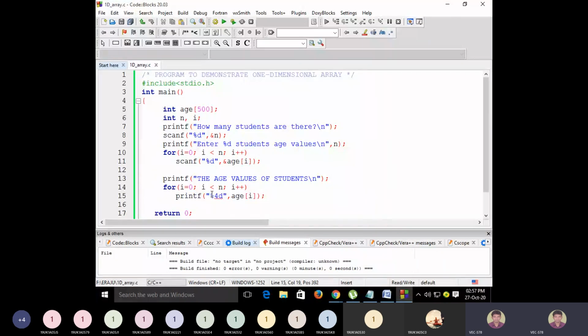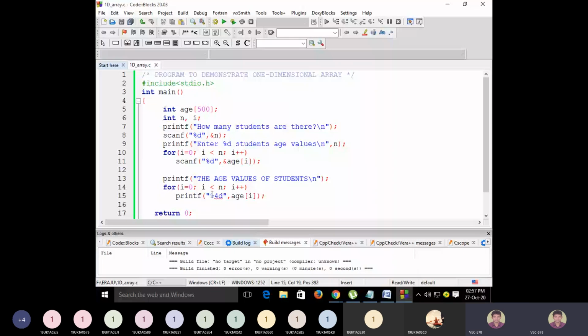Okay, so tomorrow we'll see applications of this one-dimensional array. Okay, so in which type of problems we can use this one-dimensional array. For example, a simple real-time example you can take. For example, in your class, I stored all the students' ages.